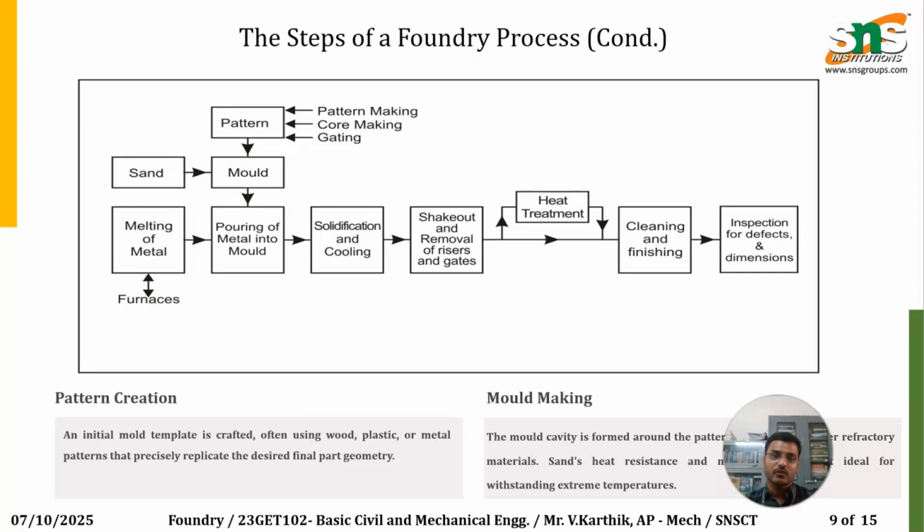I think we have seen the basics of the manufacturing process. Likewise, we have the steps in the foundry operations. This is the sand and then the mold. We have pattern making and core making. This is the first thing we have to do in the foundry operations. Then sand is used to fix the mold, and then melting of metal in the furnace to a particular temperature, pouring of metal into the mold, solidification and cooling, shakeout and removal, and then heat treatment, cleaning and finishing, and then inspection for defects and dimensions. This is about the foundry steps where pattern creation